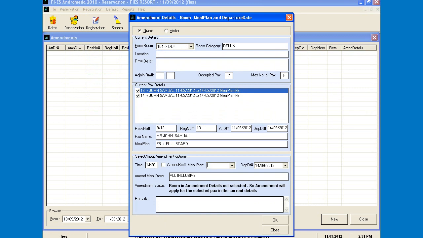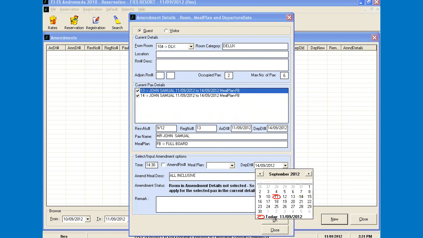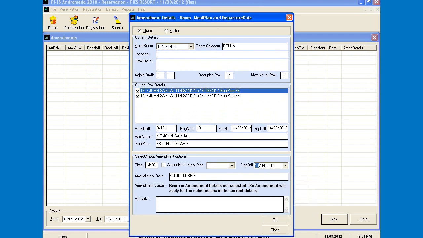If the guest is requesting for a departure date change, which is falling before the actual departure date or after the departure date, whatever it is, you can select it from here. You need to select the date on which the guest is requesting to depart. After that you can click OK to make the change in effect.